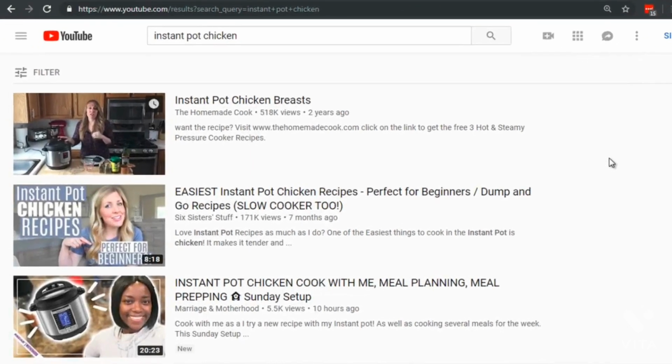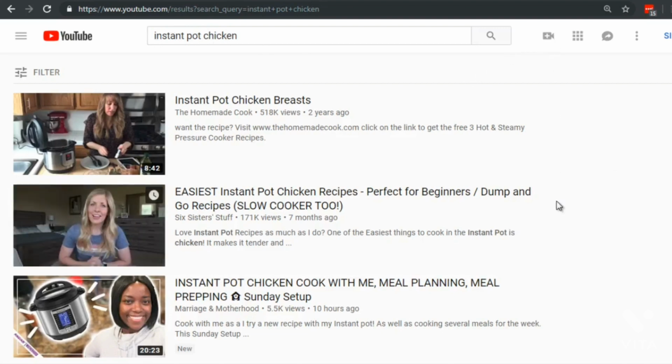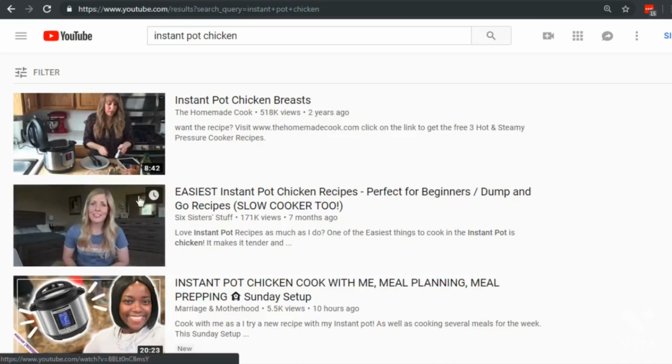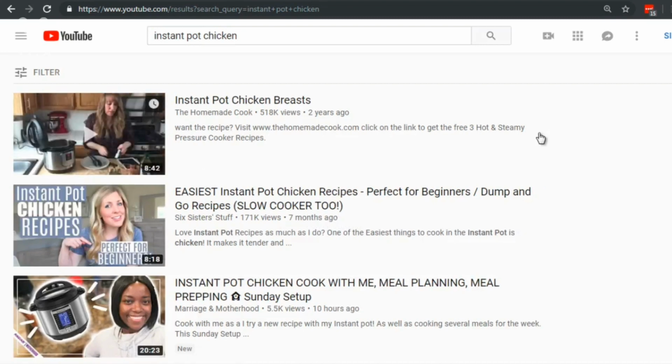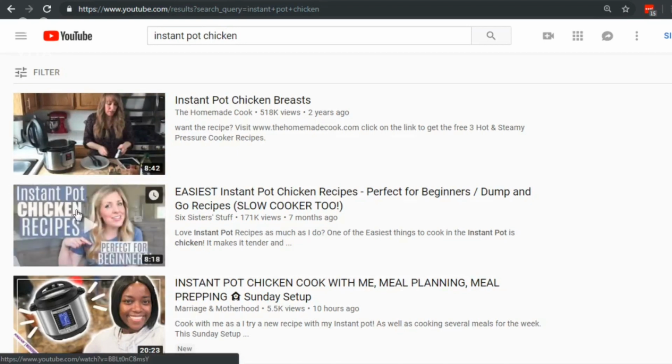So when it comes to having a thumbnail, you want to make sure that it is eye-catching, meaning it shows somebody what they want. So if Instant Pot Chicken is your main keyword, you want to make sure that your thumbnail has something in it that entices them. So it's good to have the keyword or the title in it. So you can see right now the way YouTube works is they have an initial thumbnail, and then after that you can see motion. So if I put my mouse over it, you can actually see part of the video,